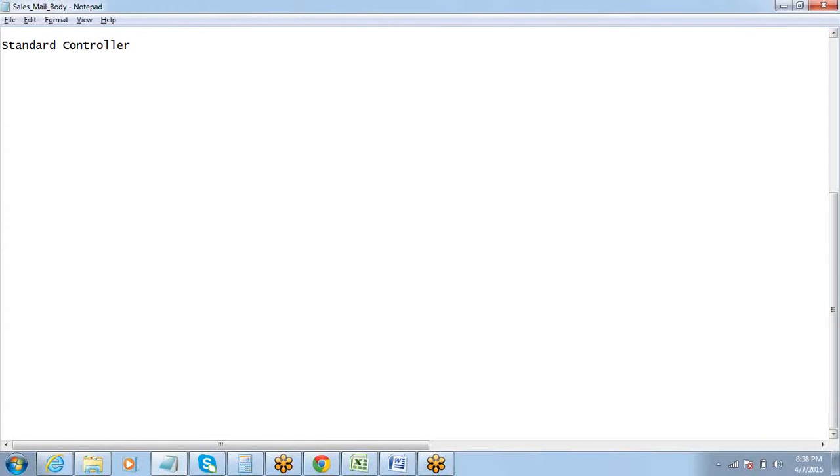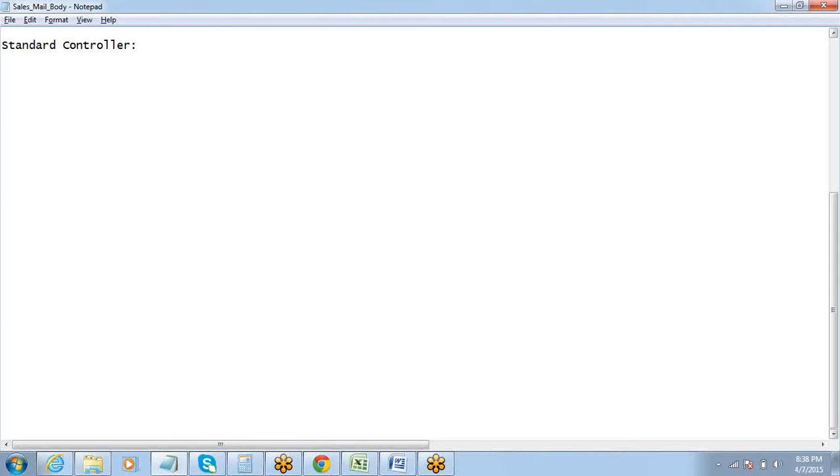Okay, so talking about standard controller, as we know that every object has got some pages. While we were talking about page layouts, we have seen that there are certain page layouts available for all the objects, all standard as well as all custom objects, right? Which means that every object has got a controller, which is a standard controller, defined by salesforce.com. Because there are pages, the controllers are also there already, right? So in our Visualforce pages, if we want to use those controllers, we can.